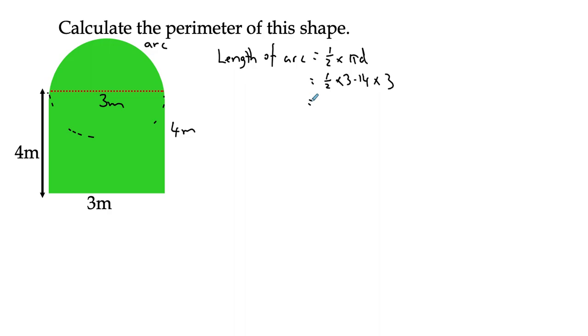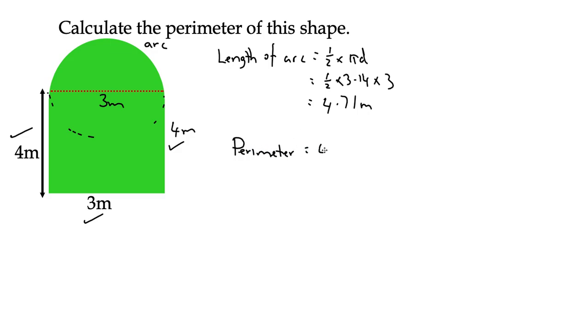A half times 3 times 3.14 gives me 4.71. 4.71 meters, the units of length. So I've got my arc length. So what I need to do is add 4 and 3 and another 4. So my perimeter